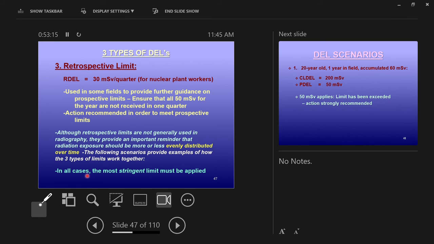The third and last one, retrospective. This is used primarily for nuclear power plant workers because they receive larger amounts of radiation over shorter periods of time. So we want to keep track of them over shorter periods of time. Okay,